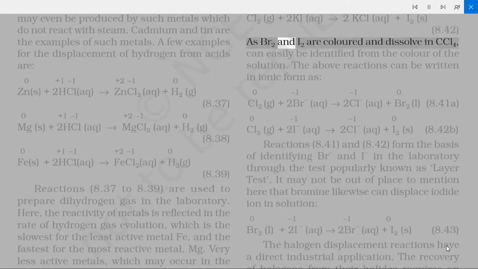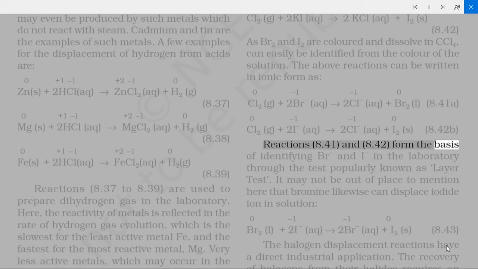As Br2 and I2 are colored and dissolve in CCl4, they can easily be identified from the color of the solution. The above reactions can be written in ionic form as: Cl2(g) + 2Br⁻(aq) → 2Cl⁻(aq) + Br2(l) (8.41a); Cl2(g) + 2I⁻(aq) → 2Cl⁻(aq) + I2(s) (8.42b). Reactions 8.41 and 8.42